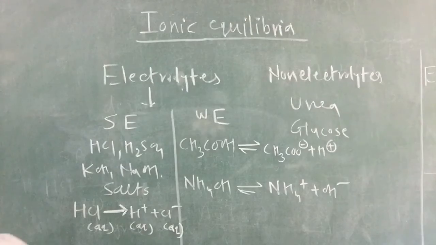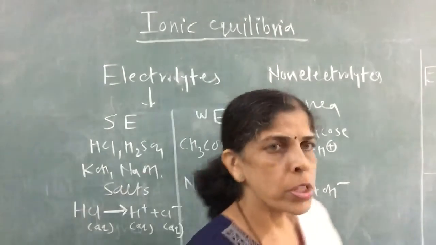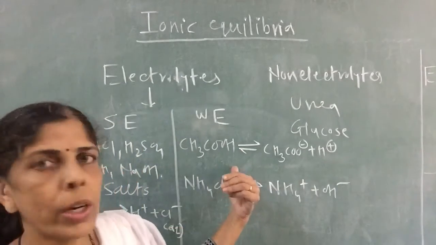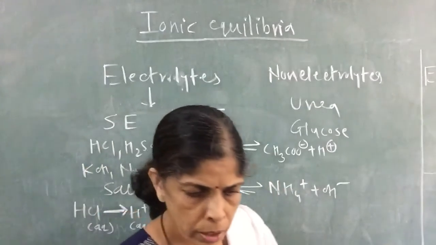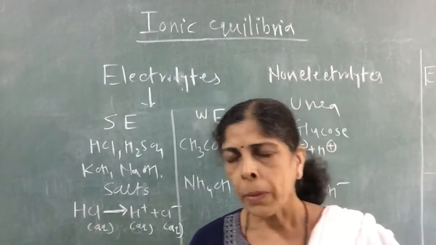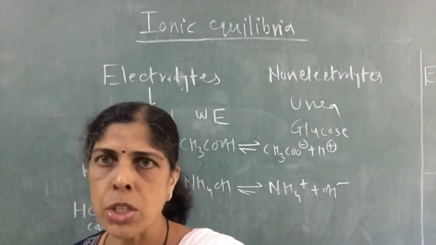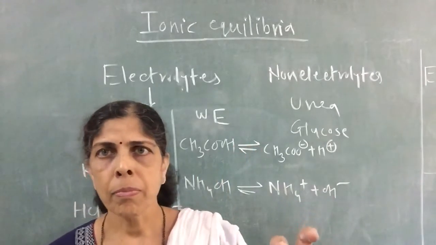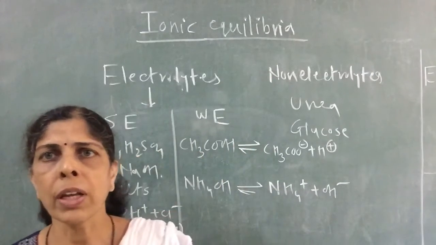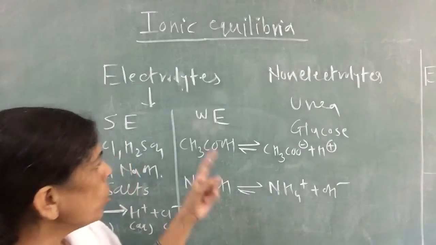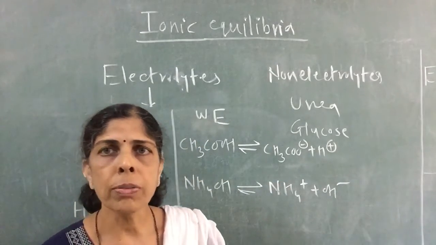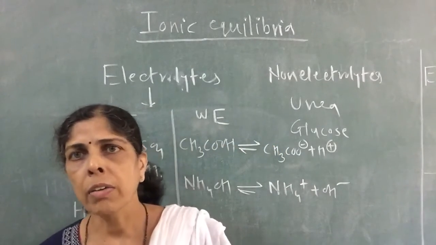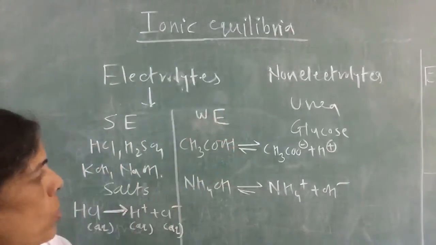Now we will proceed with the chapter with degree of dissociation, which is actually applicable to weak electrolytes. Degree of dissociation means what? You know now, weak electrolytes do not undergo complete dissociation. Only a fraction of them will undergo dissociation when equilibrium is reached. Okay. So the fraction of total number of moles of electrolyte that will undergo dissociation when the equilibrium is reached, that is nothing but degree of dissociation.